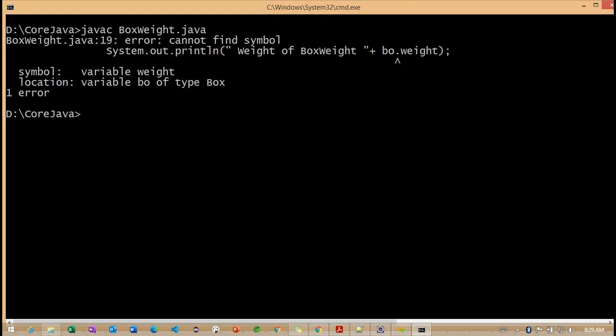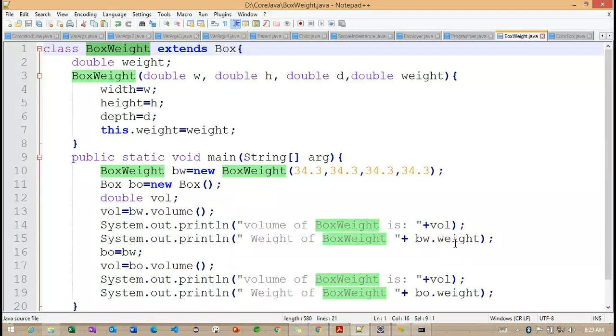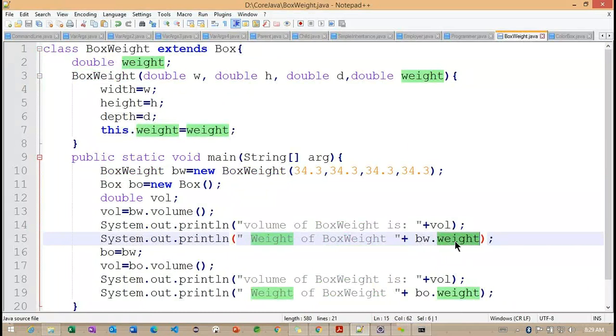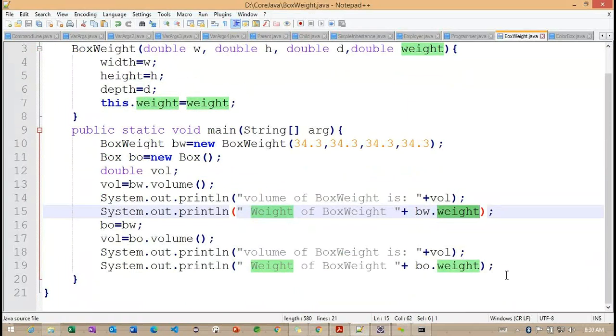Why are we getting this error here? Any idea? Weight is not there in the superclass.